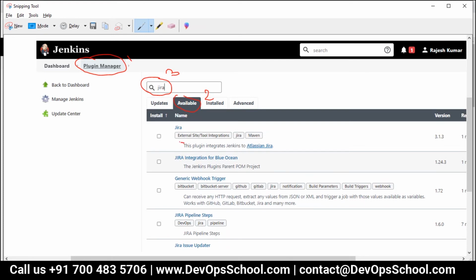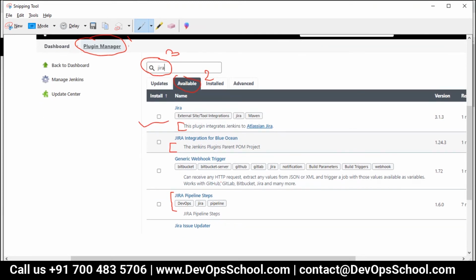You see that this plugin integrates Jenkins with Jira, or this plugin integrates with Blue Ocean. Remember I said Jenkins has one different variant called Blue Ocean. You can do that one too, but right now I'm not doing it. If you want pipeline-related work, you can do that. Right now my objective is very simple. This one, I'm going for it.